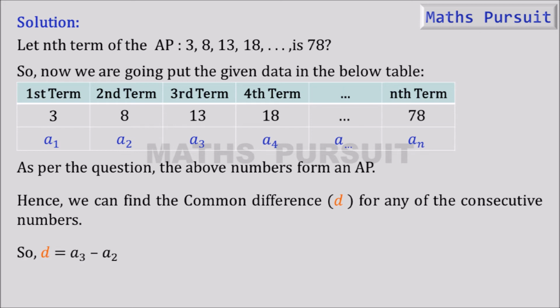Here I have taken D is equal to A3 minus A2, that is third term minus second term, and you guys can take any of the terms. Either you can take fourth minus third, or third minus second, or second minus first. So always we are going from the end. This is one thing that you need to keep in mind. We should not do first term minus second term or second minus third. This is not the way we do it. We are always traveling from the end towards the first. So D is equal to 13 minus 8, that is equal to 5. Just replacing the values of A3 and A2, we got the common difference D as 5.